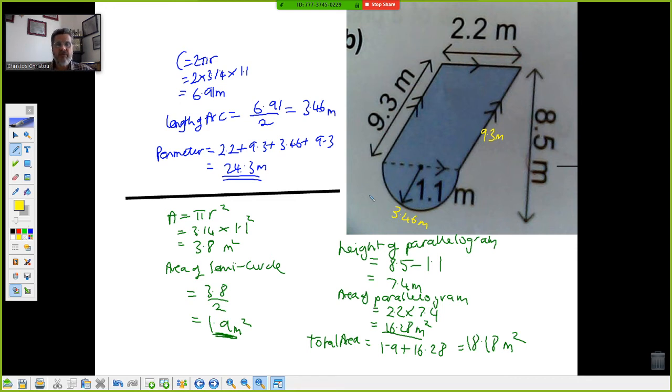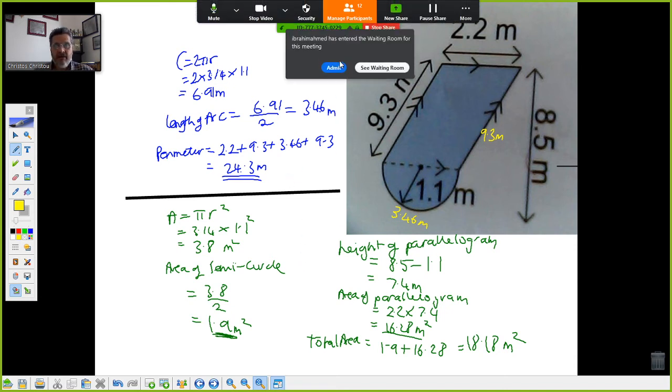Areas, not a problem. Work out the area of the entire circle, which is pi times r squared. Divide by 2 to find the area of just the semicircle, as opposed to the whole circle that actually isn't there. So 1.9 meters squared. And then the area of the